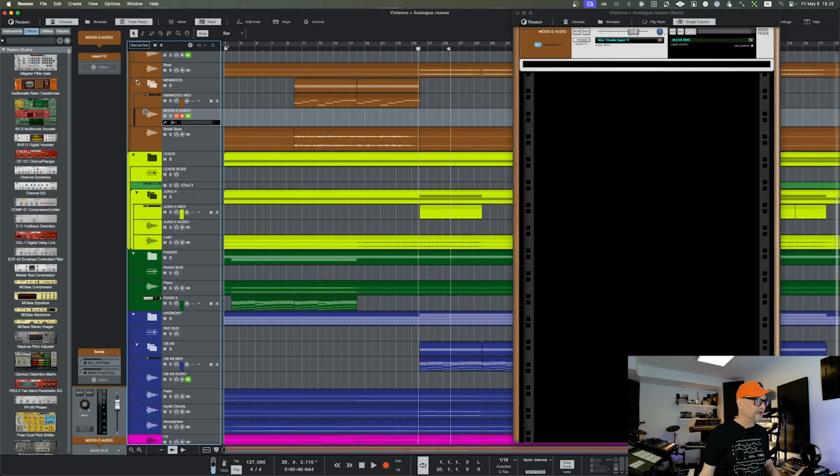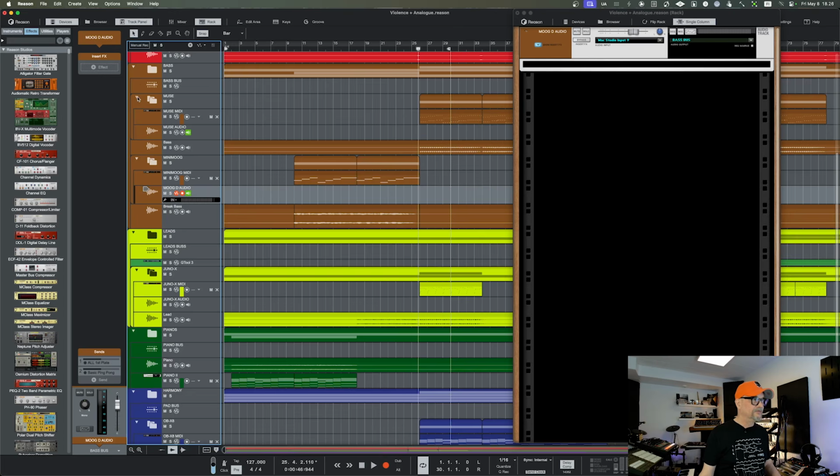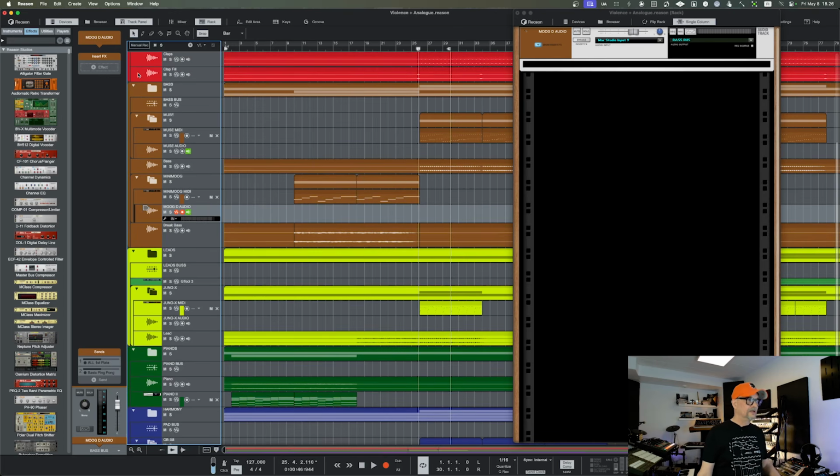So the folder tracks, there can be folders within folders, as you can see in this bass track specifically. So okay, let's actually take from here